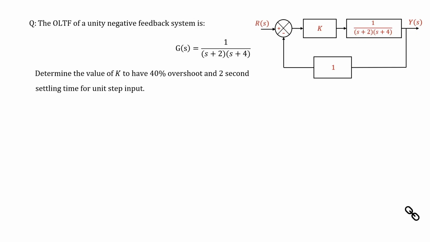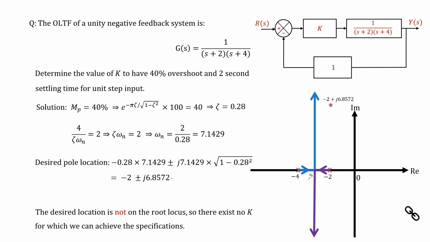The problem statement was, given a unity negative feedback system with the open loop transfer function of this form, determine the value of k such that we achieve 40% overshoot and 2 seconds settling time for unit step input. Of course, the input can be some other step also, but for a step input. We saw that we were not able to solve this, the reason being that the desired pole location was located at a point where the root locus was not passing through,